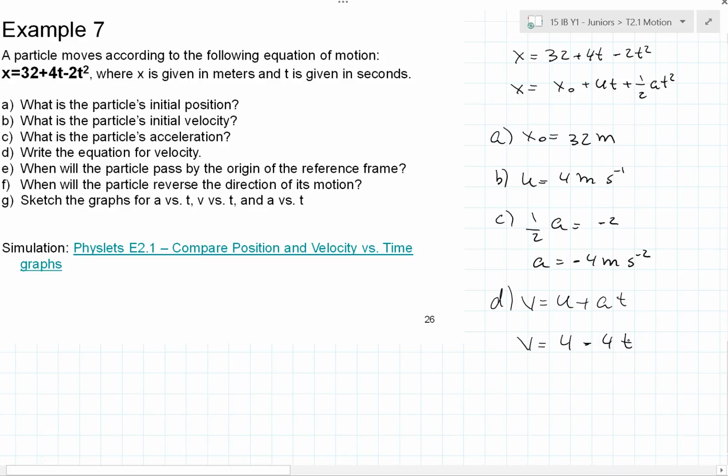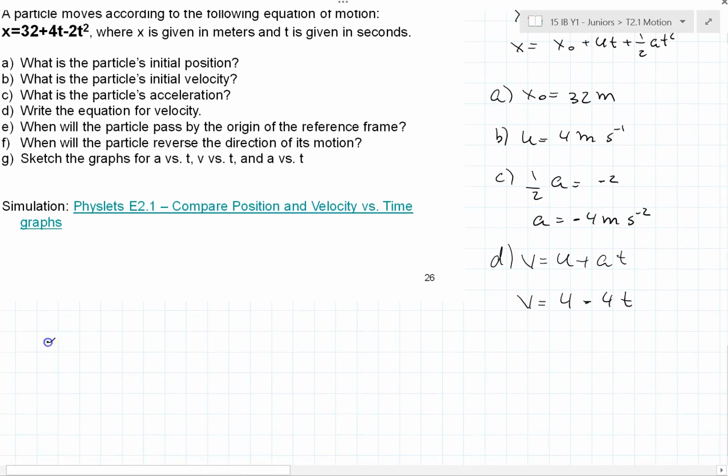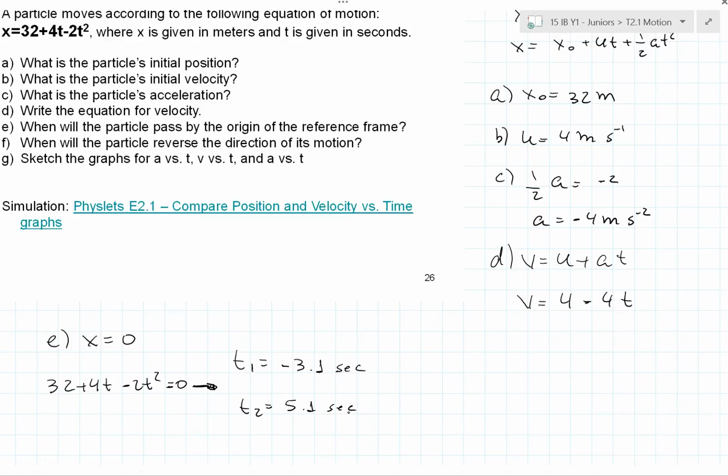Part E is asking now for the particle passing by the origin of the reference frame, and the origin is just coordinate x equals 0. So we're just going to get the equation 32 plus 4t minus 2t squared and set this to 0. I solved this before actually showing you my solutions, and I found t1 to be about -3.1 seconds and t2 to be about 5.1 seconds. And we just cannot accept a negative answer for time, because since the initial time is always 0,